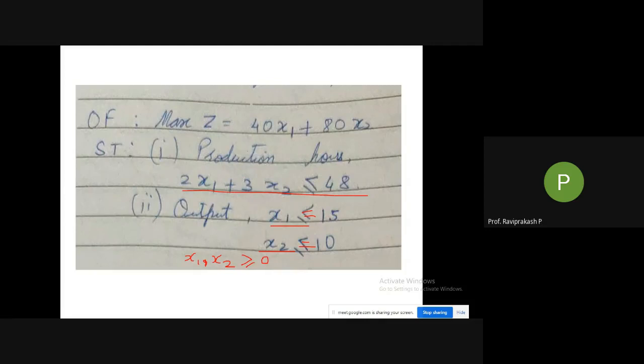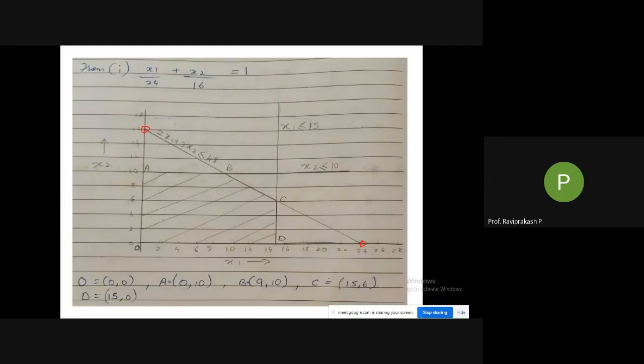I'll go back. The output is x1, and at present take 15. x1 is 15, so x1 means the x-axis, and 15 is here. I have taken 2, 4, 6, 8, 10, so exactly at the center of 14 and 16, I have 15. I need to draw a straight line, and it will not touch the y-axis, so I'll remove that line. So we need to draw a straight line.